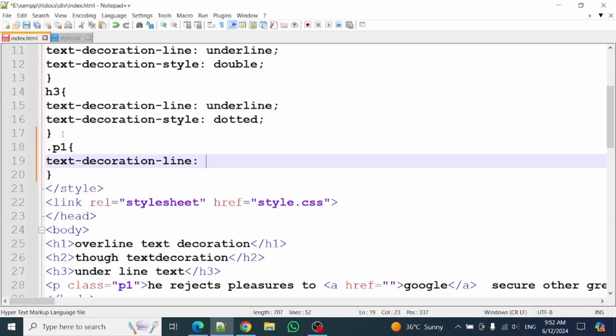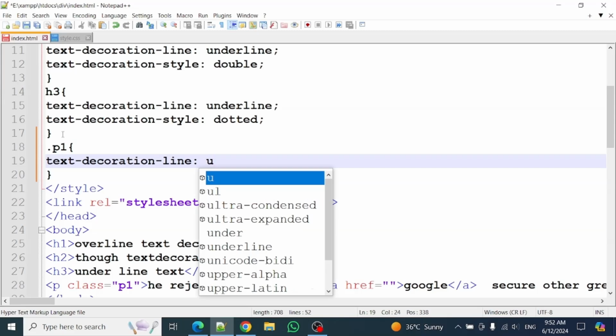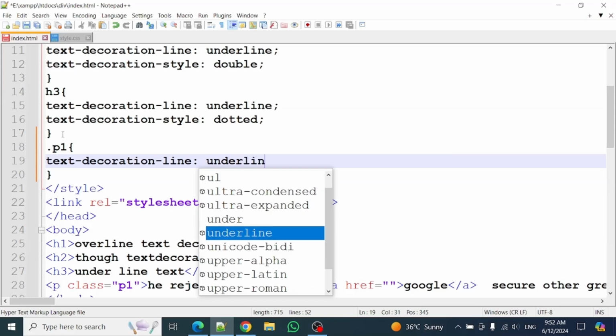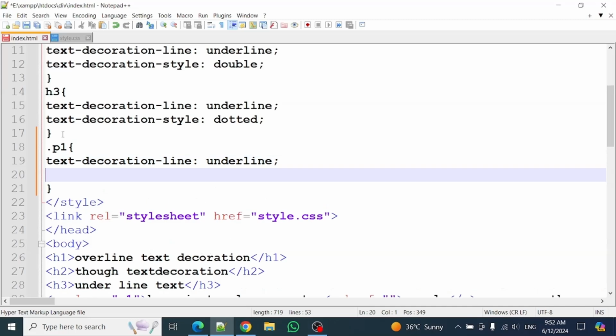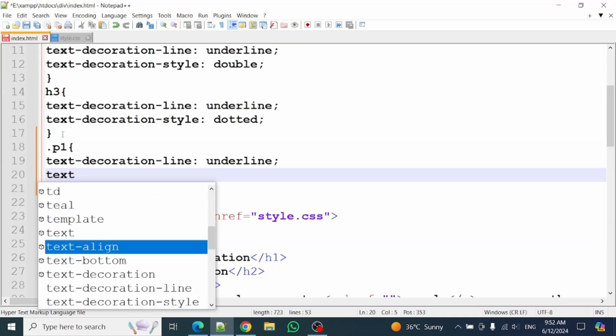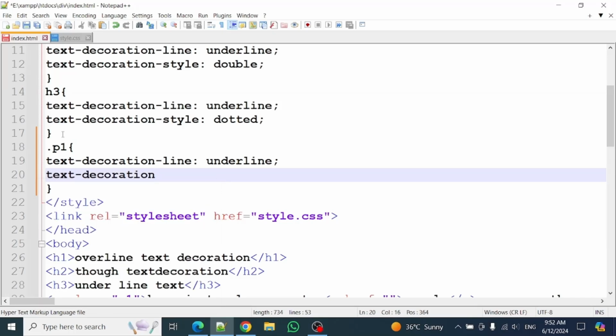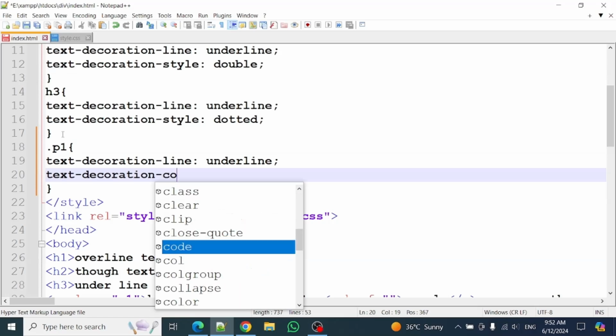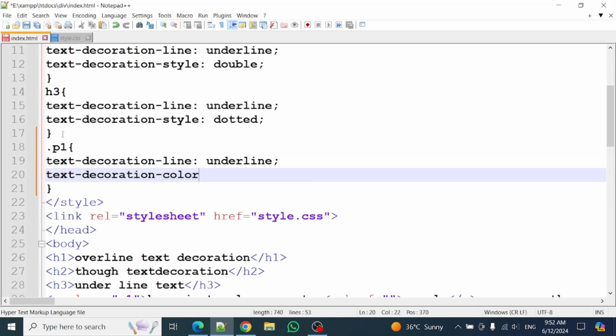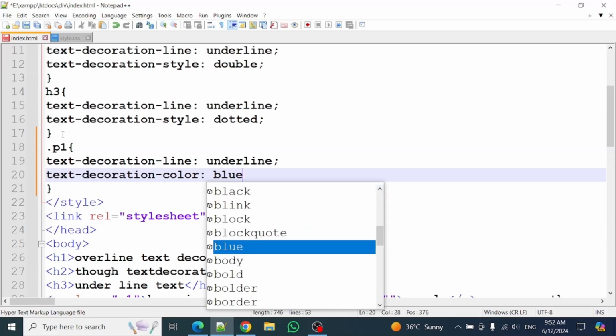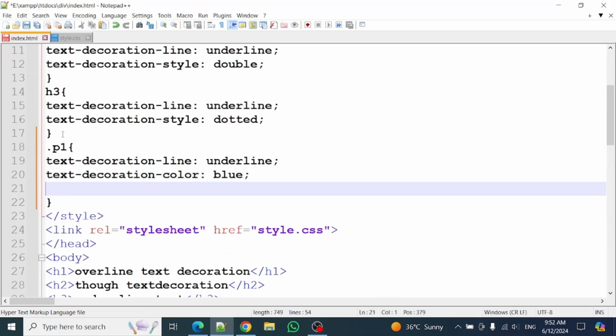colon, underline, semicolon, text-decoration-color, colon, blue, semicolon,